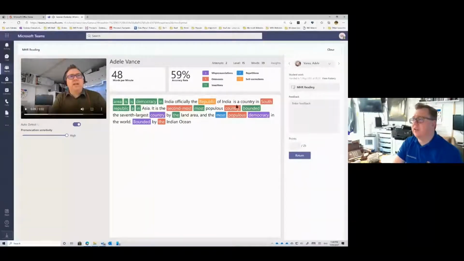I forgot that this has got a word in that I shouldn't have said. I'm just going to jump over that because I knew that I said the word wrong. I need to change this recording. Let's jump to this word. If I press on Asia here, I can click on jump. It is the most populated, the 7th largest